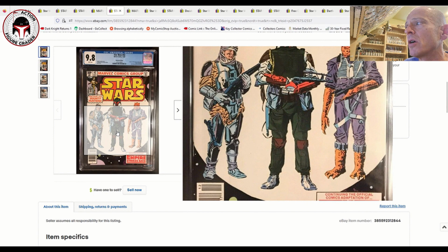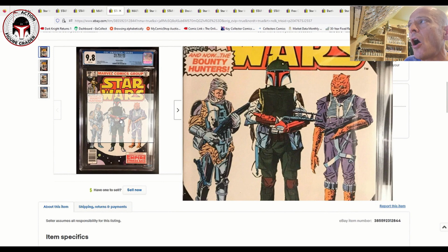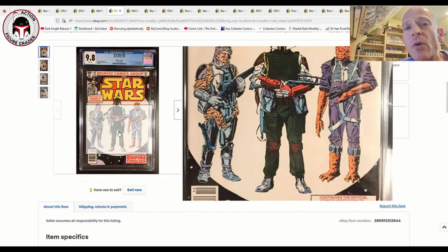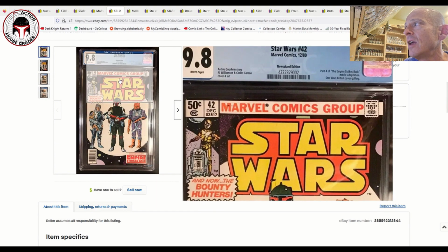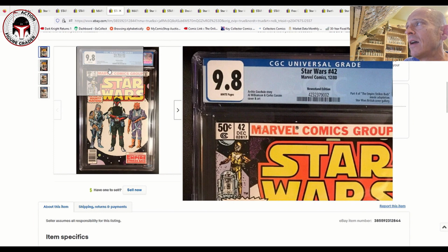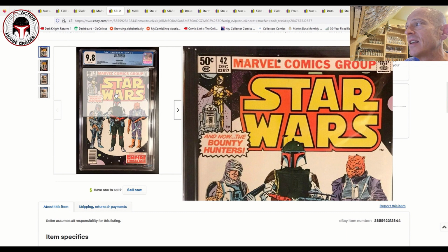Be careful on this book, because when I was shopping for my copy, I did note a lot of them where the Newton rings, the oil slicks that you see on the front of some cases, are very, very noticeable because of the white background on this cover. So be very careful. Make sure to zoom in on all the photos. This one does not have any Newton rings that I could see, given that it's freshly graded with the fourth generation CGC case. I didn't expect it to, but there are some still coming out with these brand new fourth generation cases from CGC that still do have Newton rings, which is kind of embarrassing from my perspective for CGC,